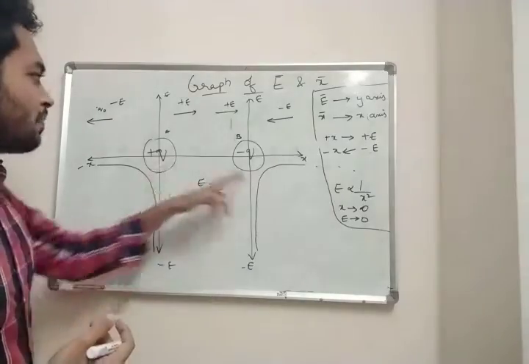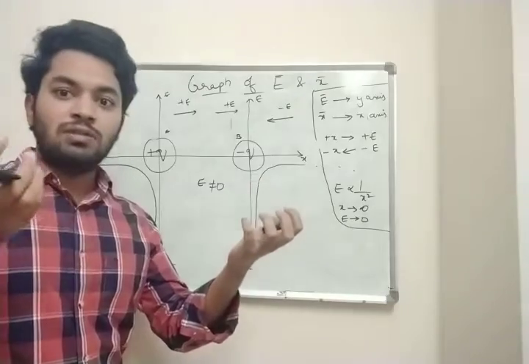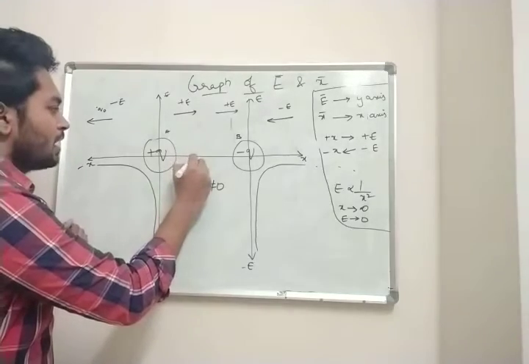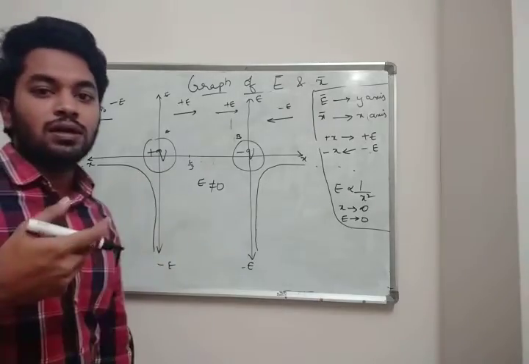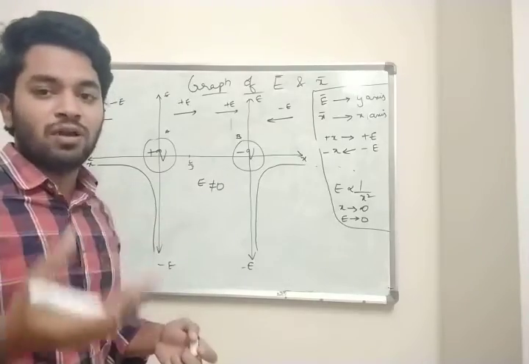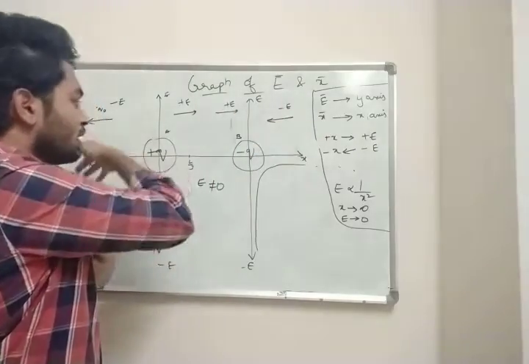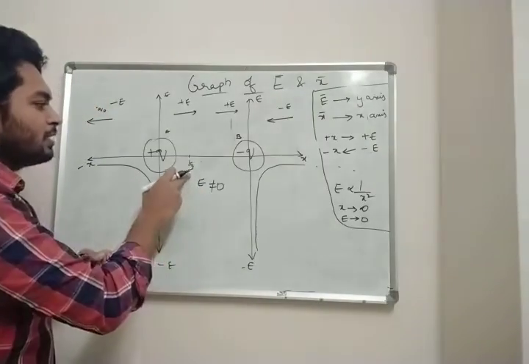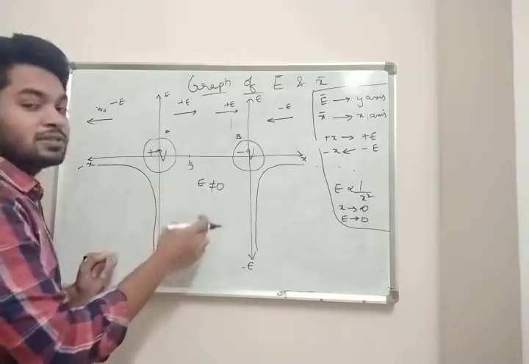So this type of sums we have seen in our Coulomb's law. If one positive charge and one negative charge, where will you get zero? Somewhere near L by 3. If you go and revise once, you will know the exact length where the electric field acts. In your previous class I have already told you. If you place one point in the middle or here, you'll know where exactly the electric field acts. So at L by 3 our charge is placed, but here electric field is not equal to 0.